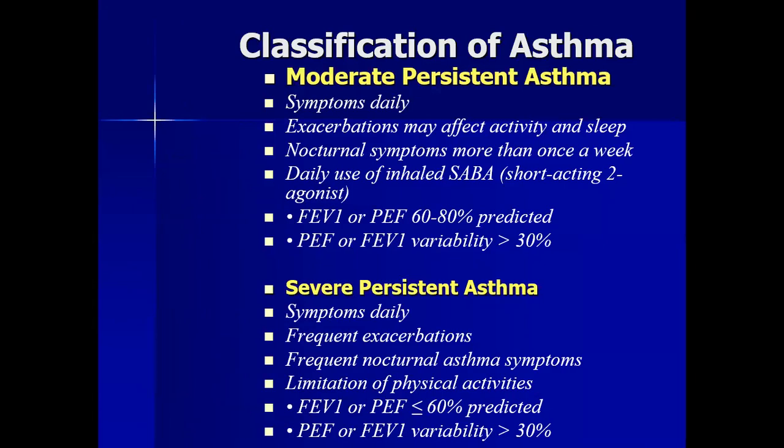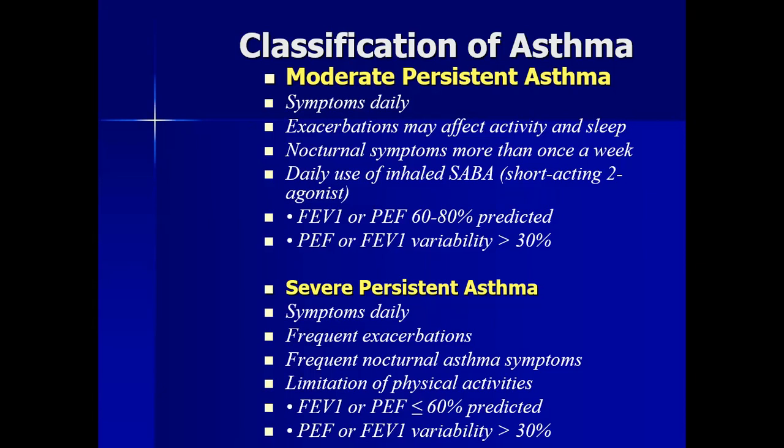Moderate asthma: symptoms vary. Exacerbations may affect activity and sleep. Nocturnal symptoms more than once a week. Daily use of inhaled SABA, short-acting beta-2 agonists. Peak flow meter 18%. Severe persistent asthma: symptoms will be daily, frequent exacerbations, frequent nocturnal asthma symptoms, limitation of physical activities,